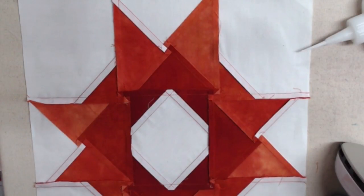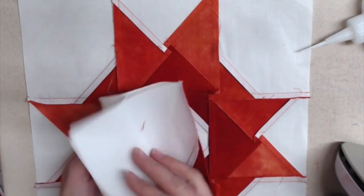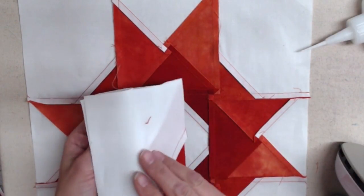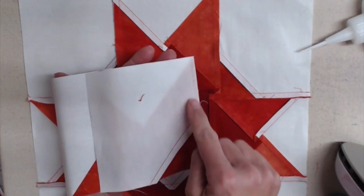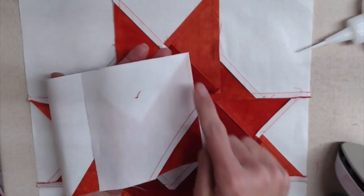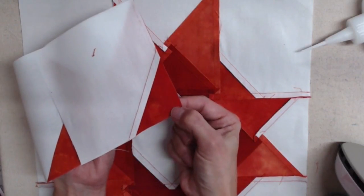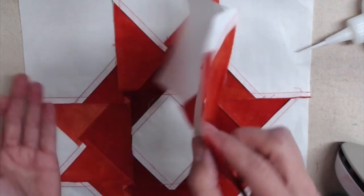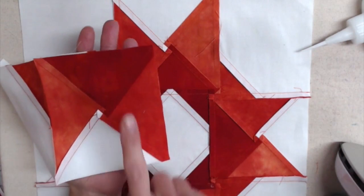Now, if you don't want to stop and start at the edges of the snowball blocks, you don't have to. You can just start at the tip and sew down to that 1/4 inch mark. Back stitch up here if you'd like to. Just make sure to stop here at that 1/4 inch. And if you wanted to, you could sew from the side of the